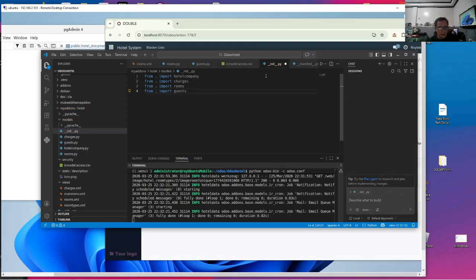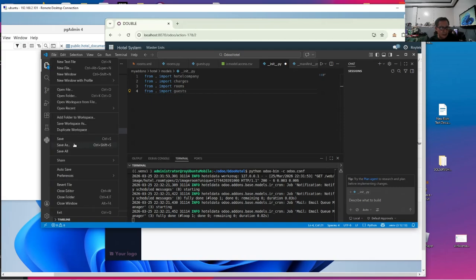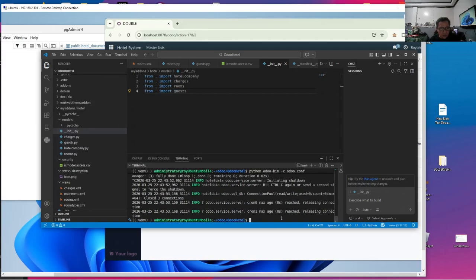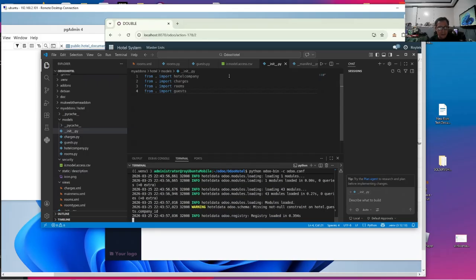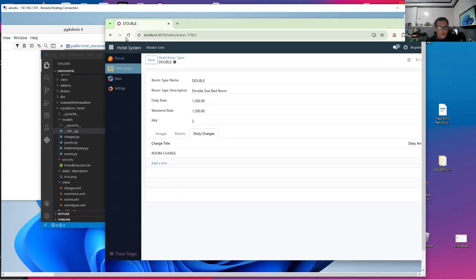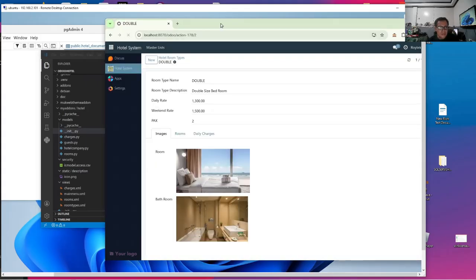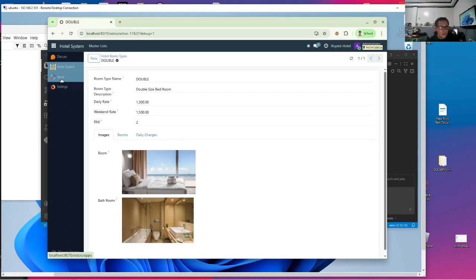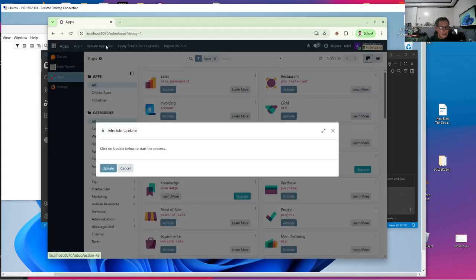Okay, and save this. And then since we have updated the model, we need to restart our server. Go to our application, activate the developer mode, go to apps, update app list.